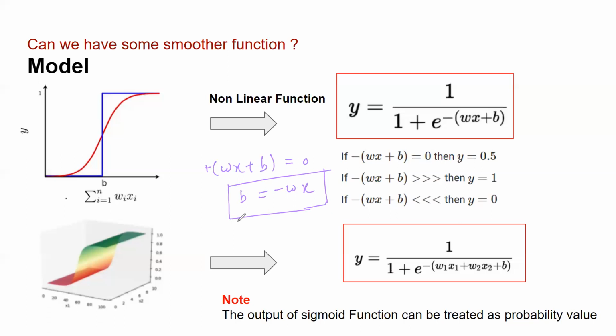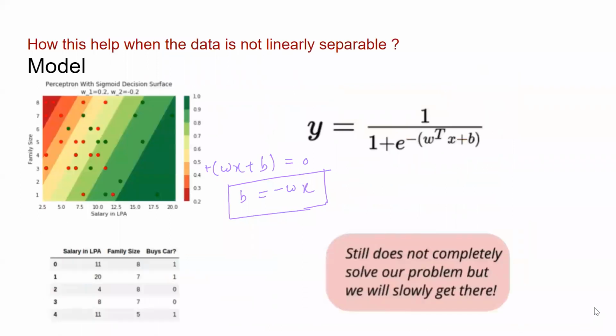So this is the introduction to the sigmoid neuron, how the function of the sigmoid neuron looks, right? What is the motivation for learning the sigmoid neuron? Tomorrow we will talk about the decision boundary of the sigmoid neuron. The decision boundary of the sigmoid neuron is slightly different. It looks